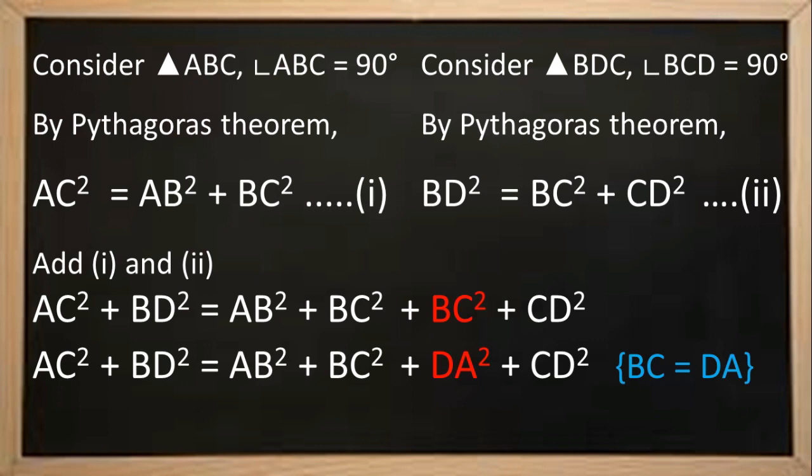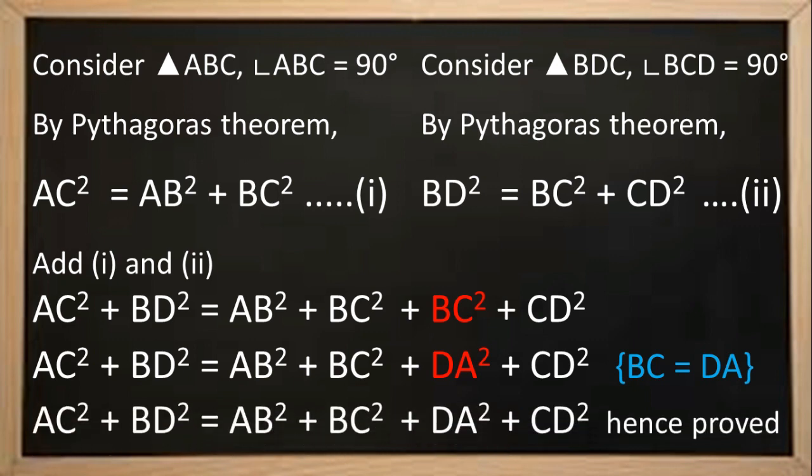In the first part itself, when we were discussing the properties of a rectangle, we already stated that opposite sides of a rectangle are equal. Hence, we are going to get the result AC square plus BD square is equal to AB square plus BC square plus DA square plus CD square. By this we have completed question number 6. Let me brief this, children.